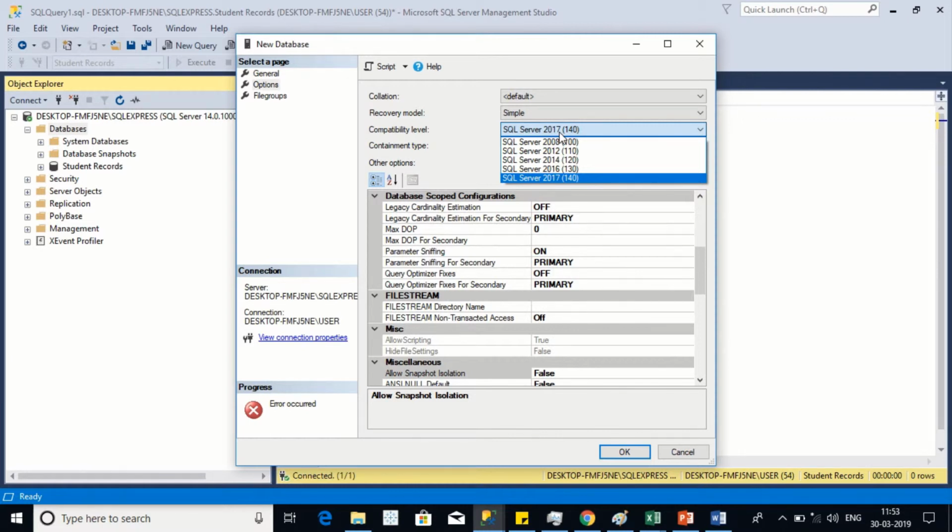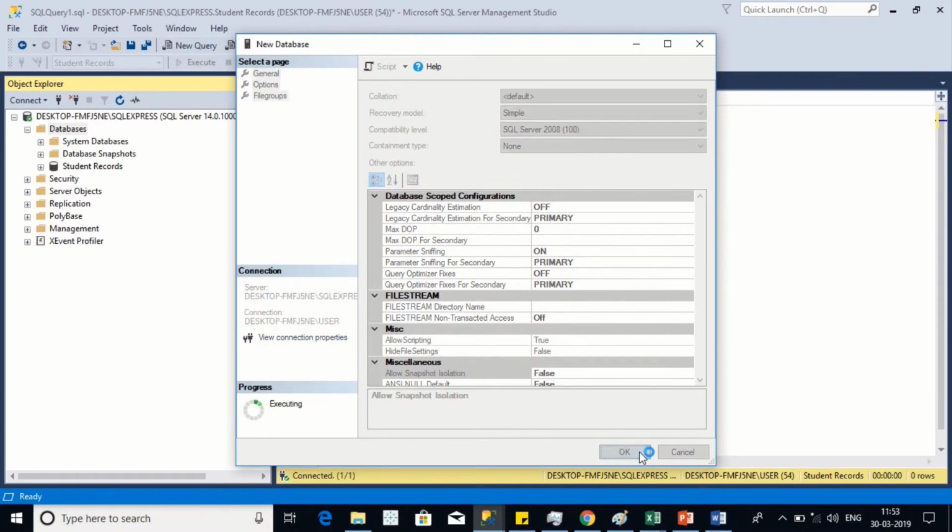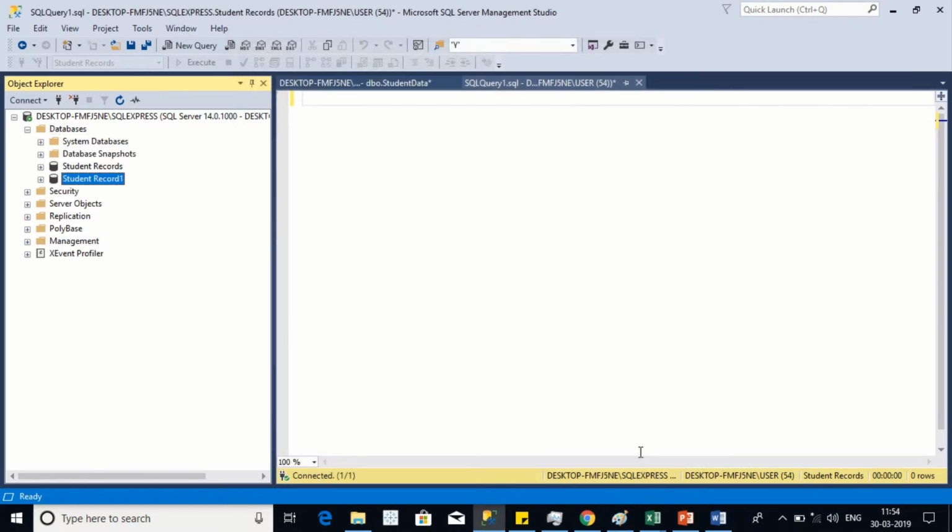In that case, we will select 2008, because the original database version is 2008, and if I click on the OK button, then all my work will be compatible with the original database. But in our case we only have the 2017 database in our local system, so 2017 is okay with me.